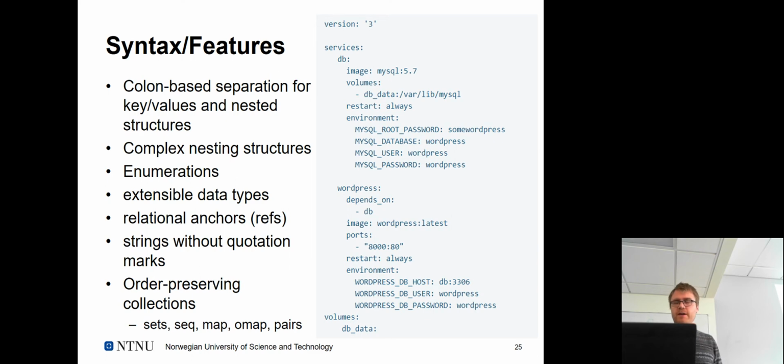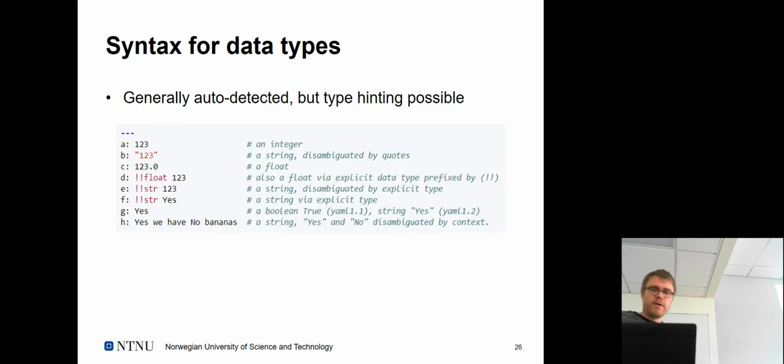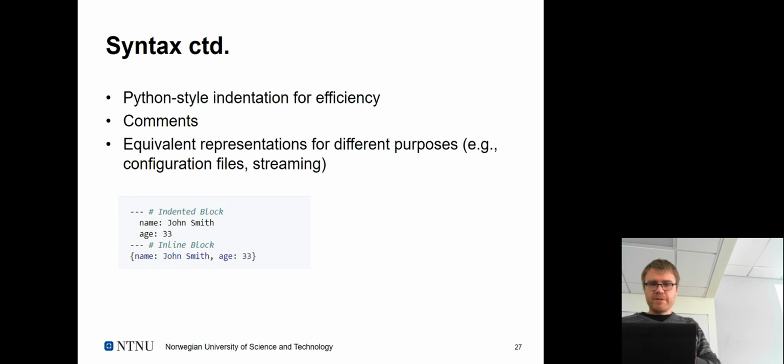Talking about just to fill up some gaps on the features as opposed to over JSON, perhaps, is the kind of duck typing approach to data. You can do some type hinting here. So you see you have considerably stronger flexibility here, right? So even if it's not quite clear, you can actually indicate that's supposed to be a float, even though we don't have a decimal place at this particular stage. So it's stronger than JSON, not just allowing you to represent a number, if you like. Cool. Yeah, it also has a kind of built-in commentary, which is kind of useful.